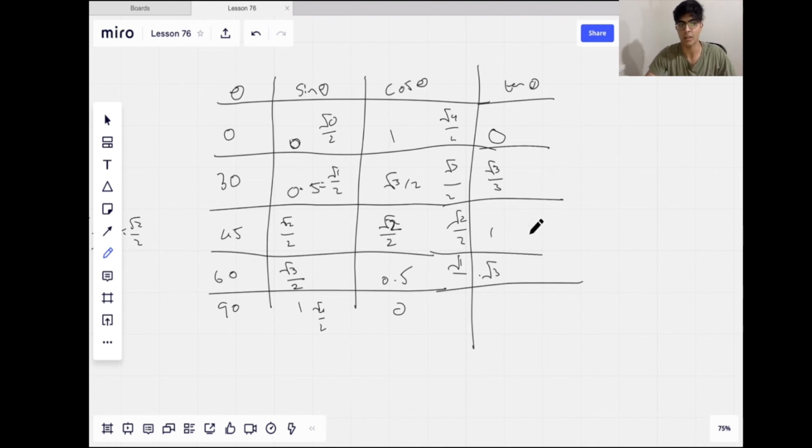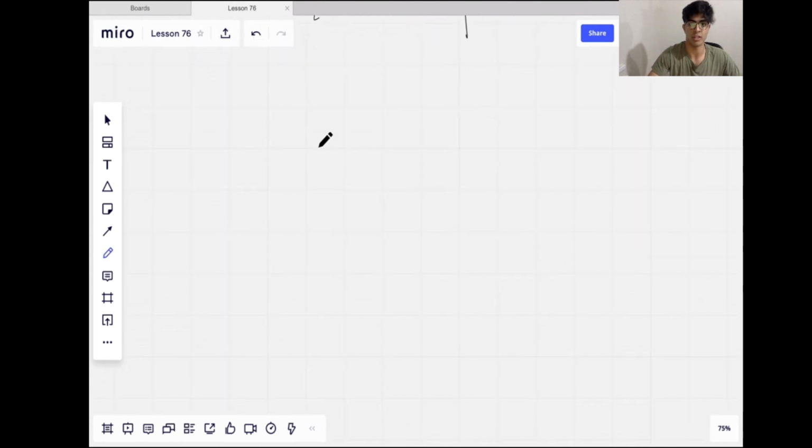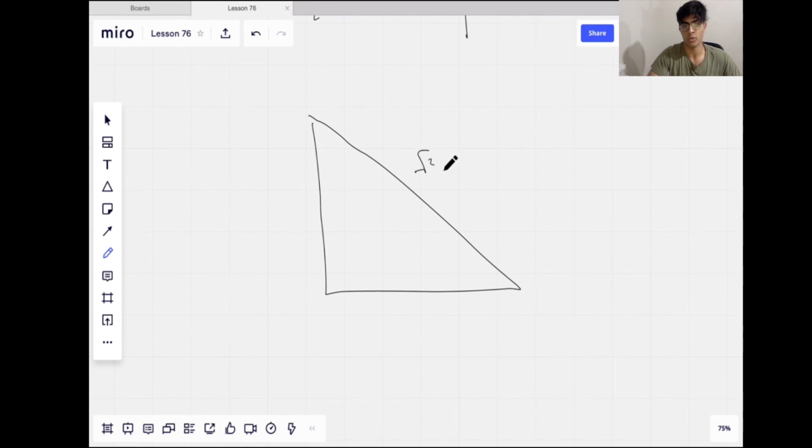Sometimes you're not allowed a calculator, or in situations where you need these exact values, more often than not what you need is to be able to recognize these numbers rather than being asked to convert. That's where it comes in quite useful. You might see a triangle with root 2 over 2 and think, oh, that's such an ugly number. But if we have a triangle where this is root 2 and this is 1 and this is 1, and you want to calculate the value of theta here, you think, how am I going to do that? But if you remember that sine of 45 is root 2 over 2,